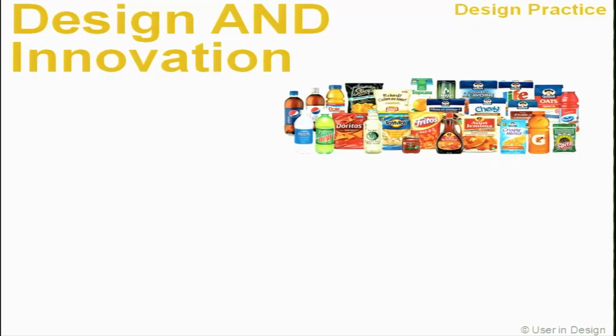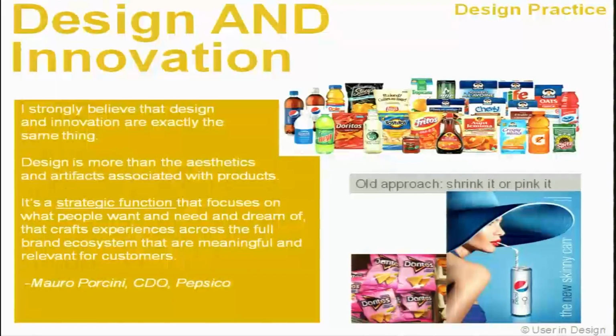So when we talk about design and innovation, the best example that we can think of is the company PepsiCo. We all are aware that PepsiCo is in the habit of producing and selling their main line of products, which are junk food, but still they are in business, although the fact remains that junk food is bad. Everybody has this aspiration in mind today, everybody has this know-how in mind today, and it is not a healthy practice to eat much junk food, but still they happen to be in business.